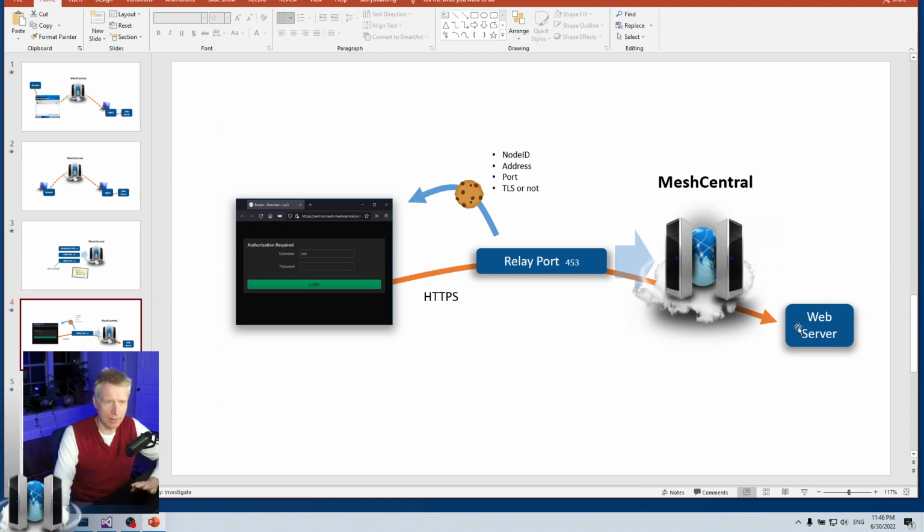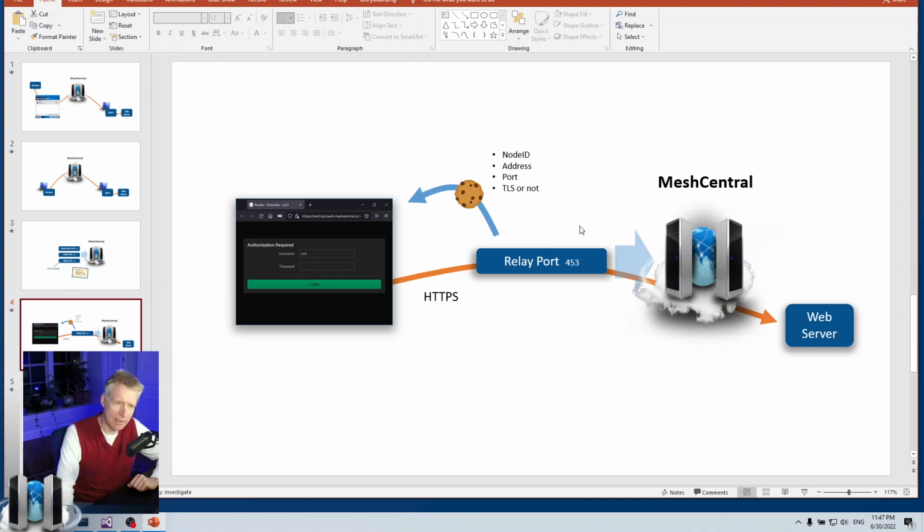And so that's what happens. You get a cookie pushed into your browser. Then your browser opens a new tab on port 453 in this case. That's the port I set. And then the browser will open a connection. And of course, that port is always HTTPS. Even if you're accessing an HTTP server on the remote side, you're always going to have the browser do HTTPS here.